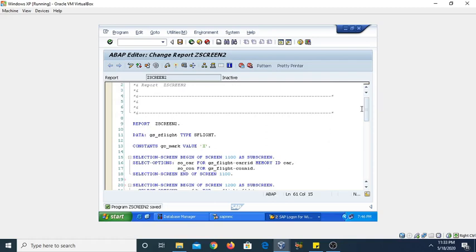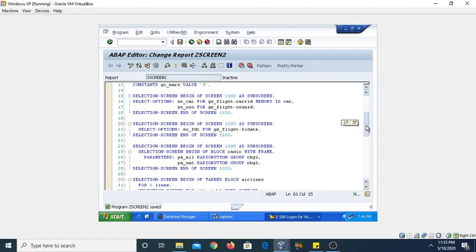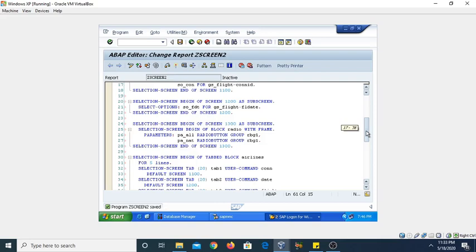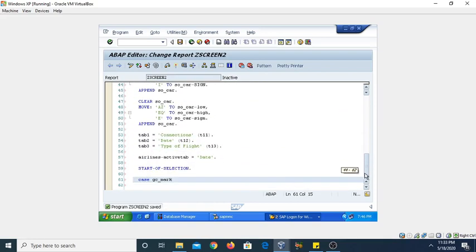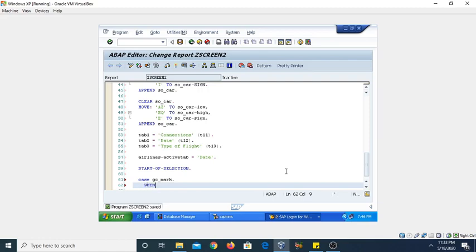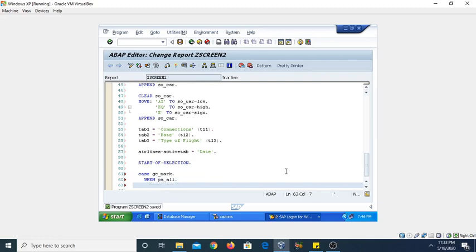That means when the user selects any one of the radio buttons, what will it execute? So we need to define here the cases gc underscore mark, and then when the user selects the pa underscore all radio button, what will it execute.